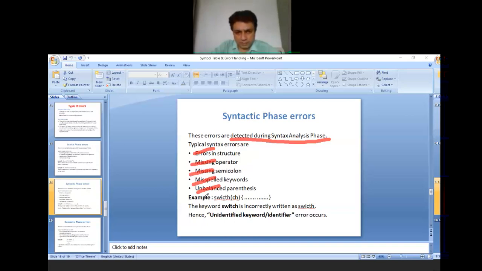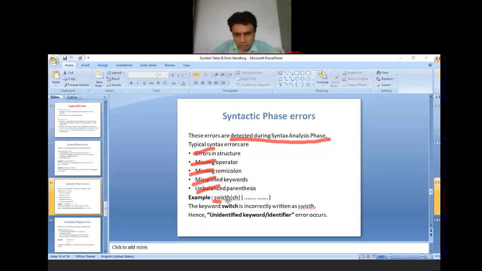For example, if we write switch ch, and there are some other statements as well in the switch case, you can clearly see that the keyword switch is incorrectly written. It means we have misspelled it in typing.